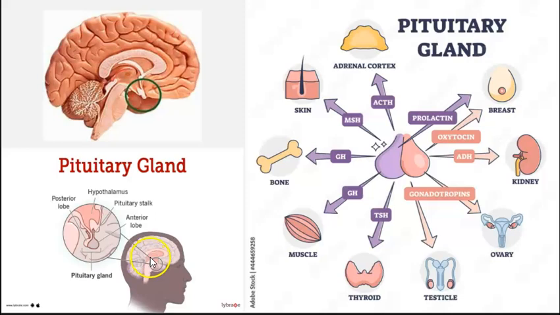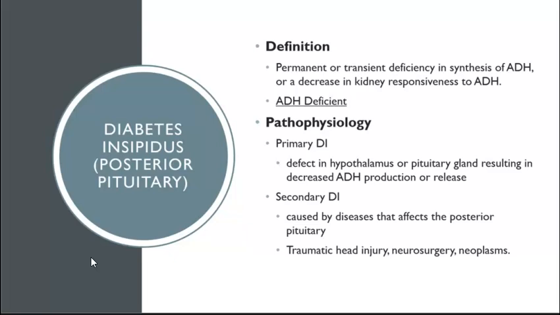So you see here we have our hypothalamus, and then right below that is the anterior and posterior pituitary gland. Posterior, we're going to talk about with the antidiuretic hormone, either having too much of it or not enough. And then anterior, we're going to focus on our thyroid, our parathyroid, that is not necessarily stimulated by that, but is on the back of the thyroid, and then our adrenal glands. Starting off with our posterior.